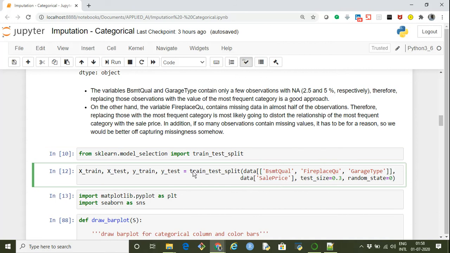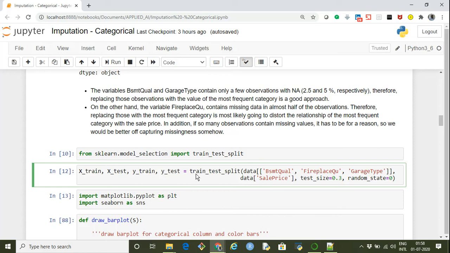Okay, before going ahead, I'm just splitting the data into train and test. It's not actually necessarily required in this case, because we are not going to build any model in this tutorial. We are just trying to deal with the missing values. But let's follow the flow. So the flow is, given the data set, we have to split it into train and test. So this is what I'm doing.